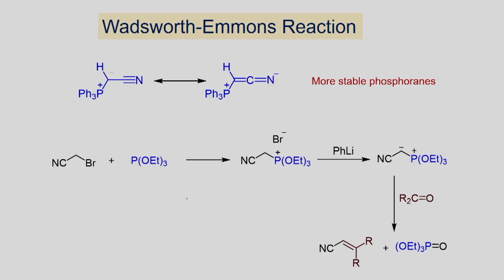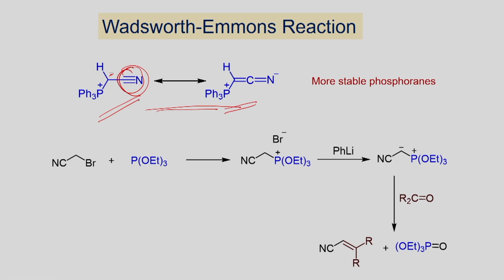Now let us look at a less stable compound, and you can also make the stable ylide. Here you have this carbanion which can be stabilized by the electron withdrawing group. You can make the stable ylide. Once we form this one, this can exist in this form, and this can also readily undergo addition reaction with aldehyde to give the alkene as the product. This is a modified Wittig reagent. This is known as Wadsworth-Emmons reagent. You can make the stabilized ylide which can readily undergo addition reaction with aldehyde to give the alkene as a product.